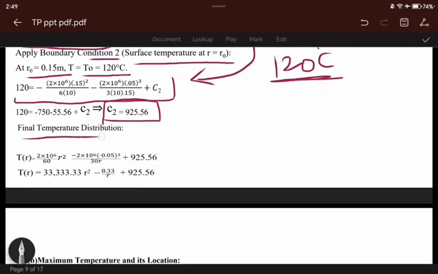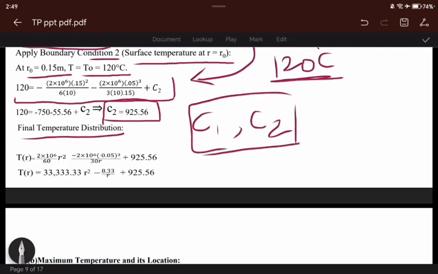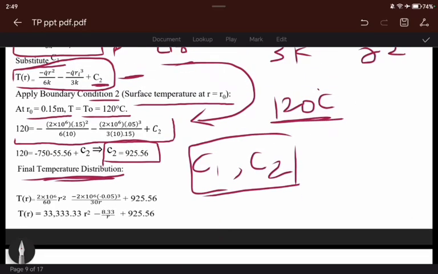So we found c1 and c2. So now we have to find our final temperature distribution, that will look like T of r equals minus 33,333.33 r square minus 8.33 over r plus 925.56. That will look like our final